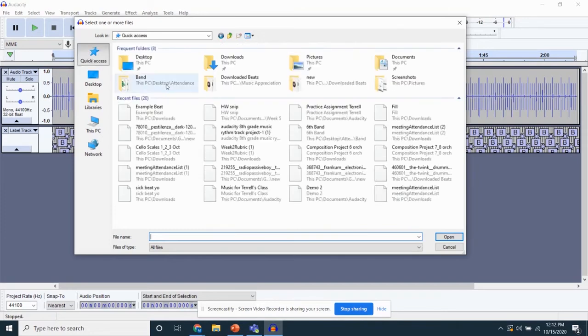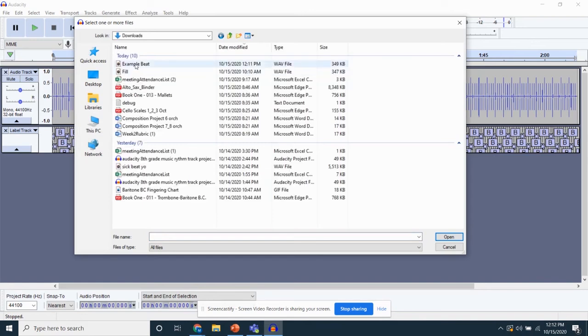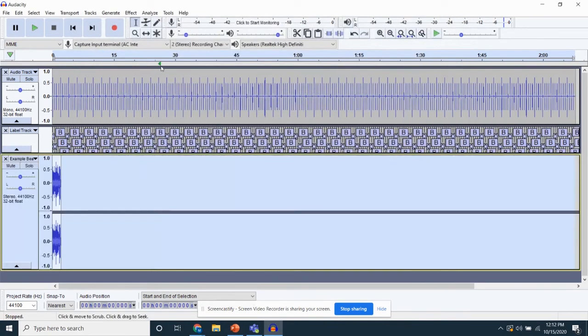You can check a couple places. You can check the quick access folder, which basically just shows you the most recent files that have been opened. It might be right here under recent files. Okay, or you can check This PC and click on downloads, and it might be there. If you still don't find it, you can ask Mr. Terrell and I'll help you troubleshoot, and we'll search your computer and see if we can find that beat that you downloaded, okay? So I'm going to go ahead and double click on that example beat that I downloaded just a minute ago,